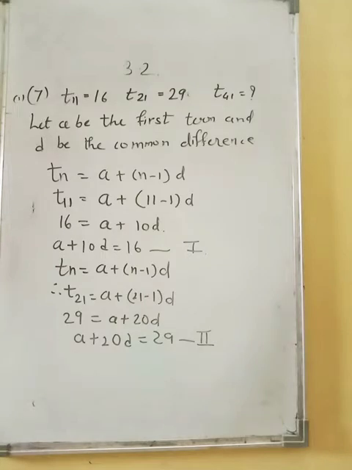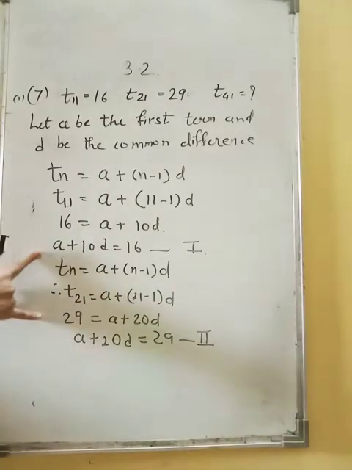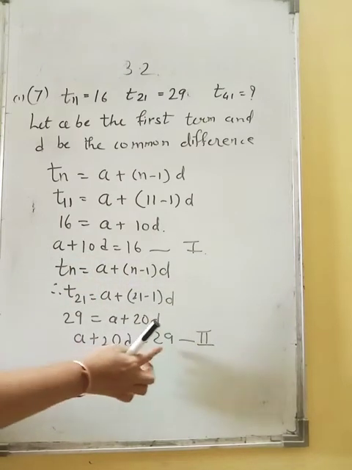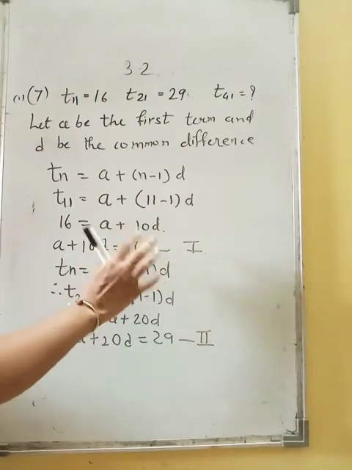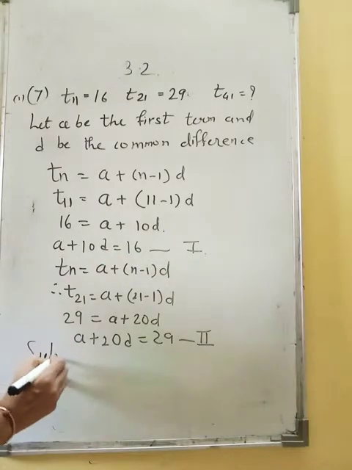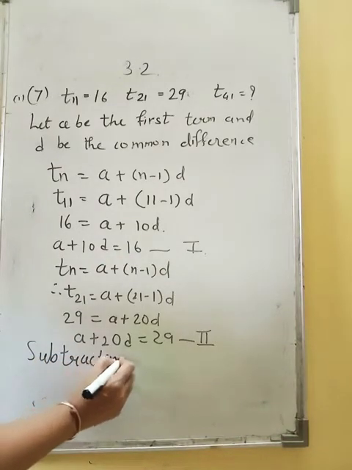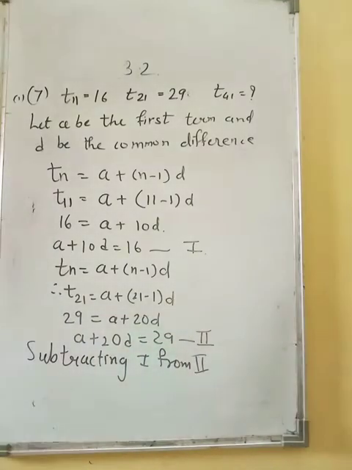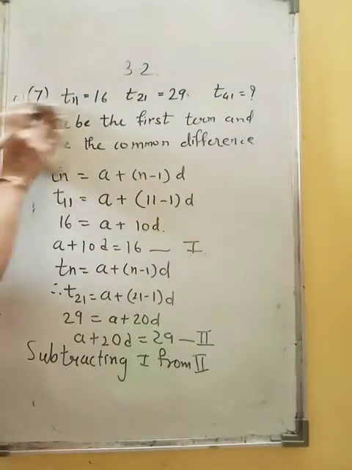Now children, this is like simultaneous equations. They are simultaneous equations in two variables. Yes, miss. Instead of x and y, we are having A and D. So we can solve it. Now you observe, here also A is there, here also A is there. So subtracting. The sign is the same, so we'll do the subtraction. Subtracting 1 from 2 is easy because here the numbers are bigger, 20 and 29, and here 10 and 16 are small. Subtracting equation 1 from equation 2. We'll write down the second equation first and then we'll do it.